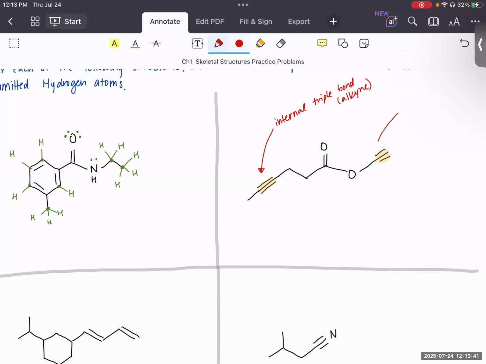And then here we have a terminal triple bond, which is still an alkyne, it's just a terminal one. And so the way that we add in hydrogens is going to be slightly different for an internal one and a terminal one, even though they look pretty similar. So here what we can see is that